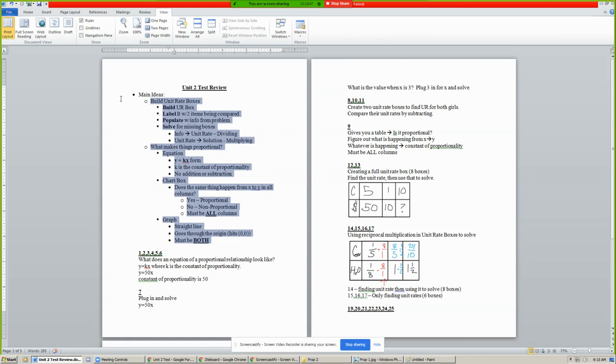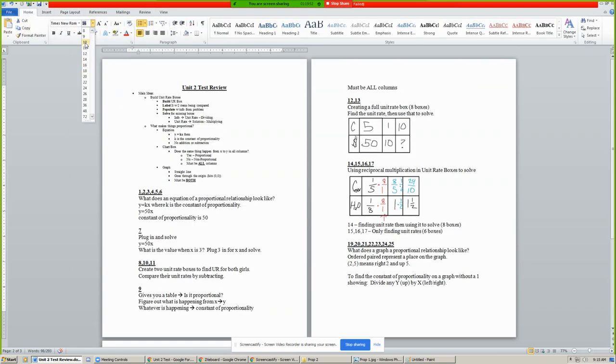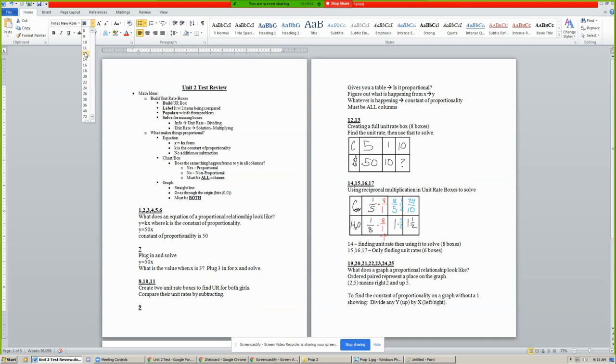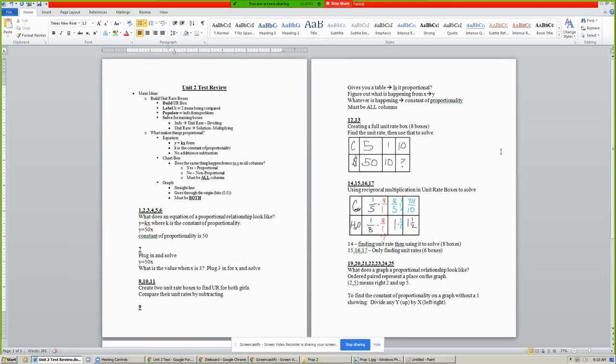Tell you what, I'm going to make this smaller so that the whole thing will fit. How about that? There we go. Now you can see the whole thing. There's a graph down here, but yeah, there we go. All right, so I need to stop our video